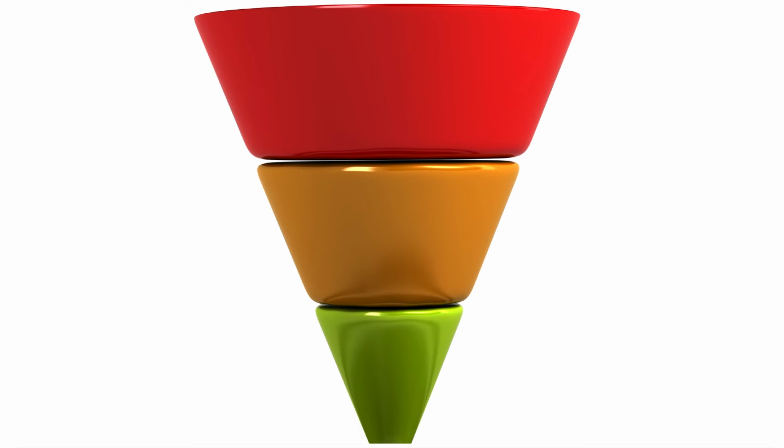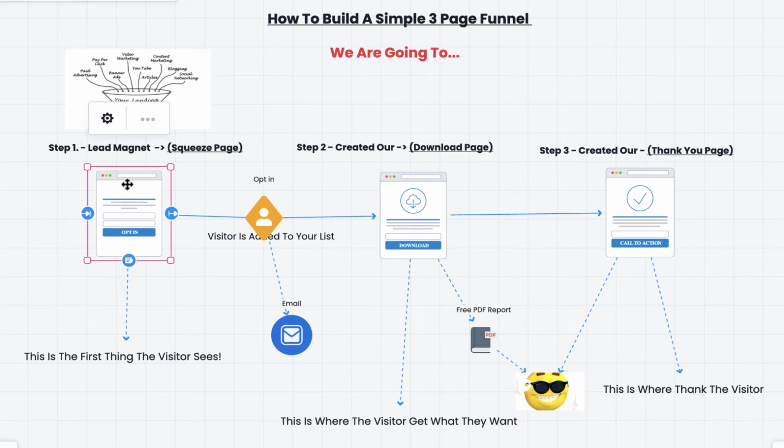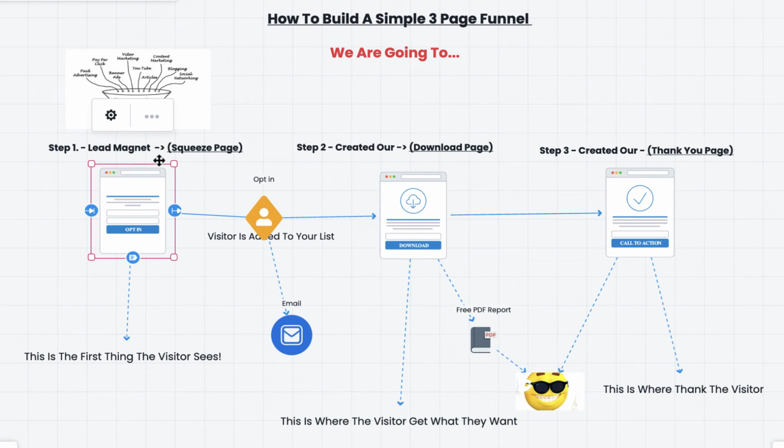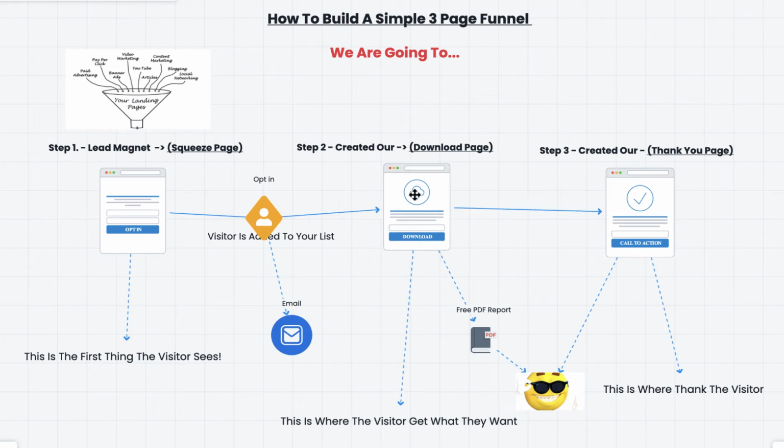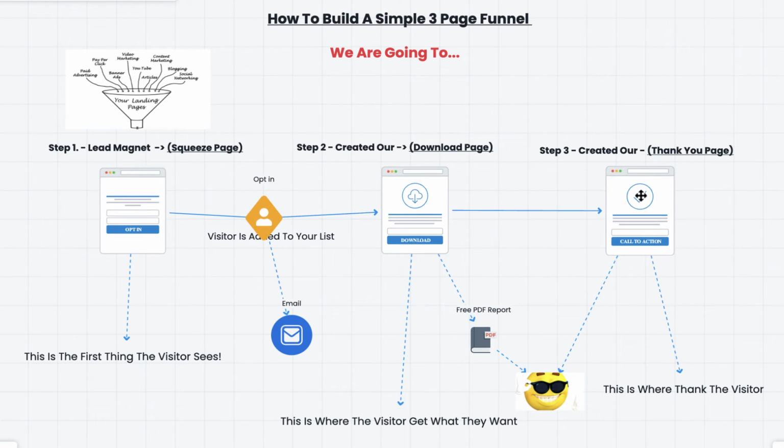Now, if you want to build your email list, then having a simple 3-page funnel would be an excellent way to get that ball rolling. In this video, I'm going to show you how to build the landing page, sometimes called the squeeze page. I'm going to show you how to build your download page, and then we're going to build our thank you